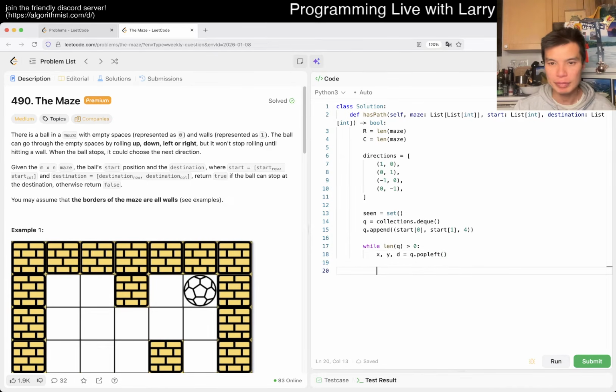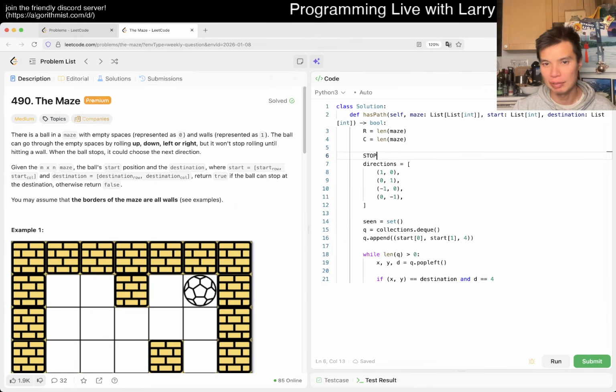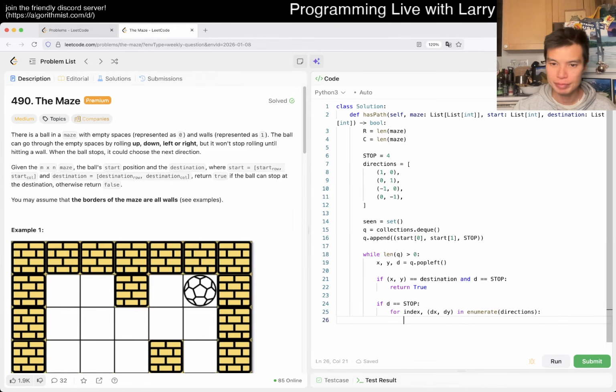So if XY is equal to destination and D is equal to 4, meaning that it's stopped, we can maybe add a constant here, stop is equal to 4, if you prefer. Then we return true. Otherwise, we just keep going. If D is equal to stop, then we try every direction, and we iterate so that we get the direction. We keep track of direction as well.